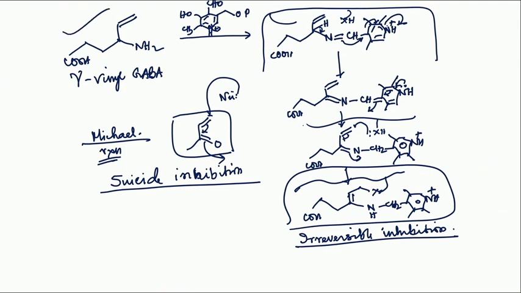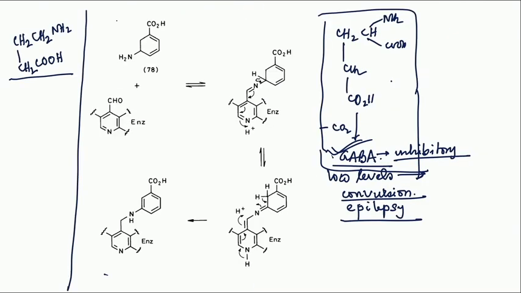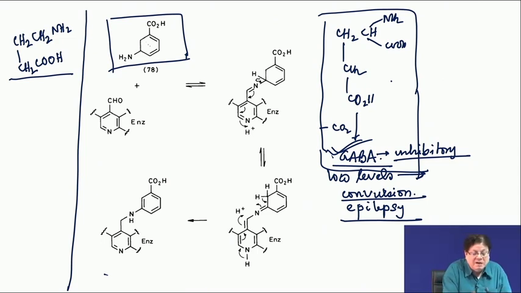This is approved as a drug to treat epilepsy, because you are inhibiting that transamination enzyme, the transaminase enzyme. Similarly, you have another compound, which is this compound. It is not an aromatic, it is a dihydroaromatic compound, because that is saturated. So, it will have a great tendency to form a double bond if there is scope. So, let us see how it works.